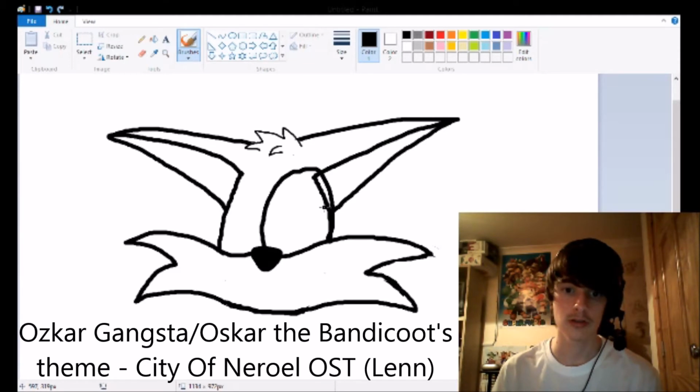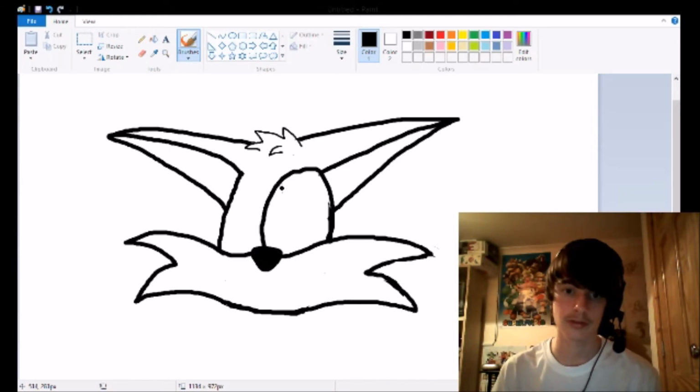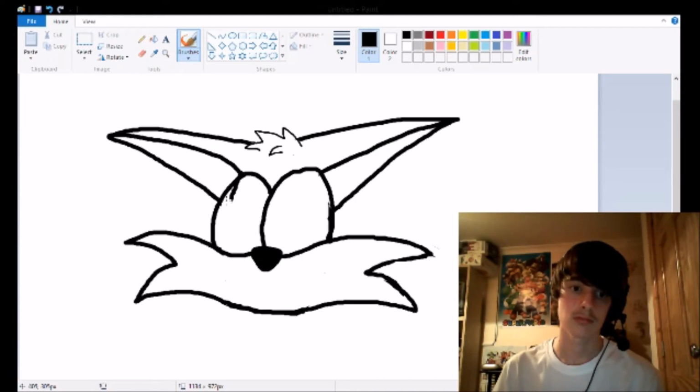So anyway, when you're designing Lenn, one thing you have to keep in mind is that oval of his head. You need the oval for his head. That's one thing you need when you're designing Lenn. It's definitely one thing you need. But anyway folks,